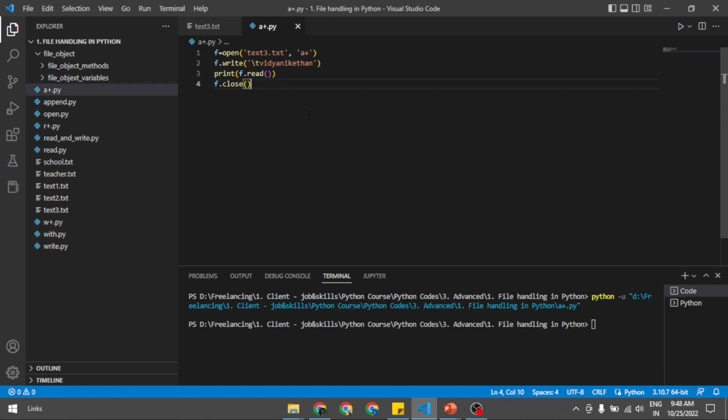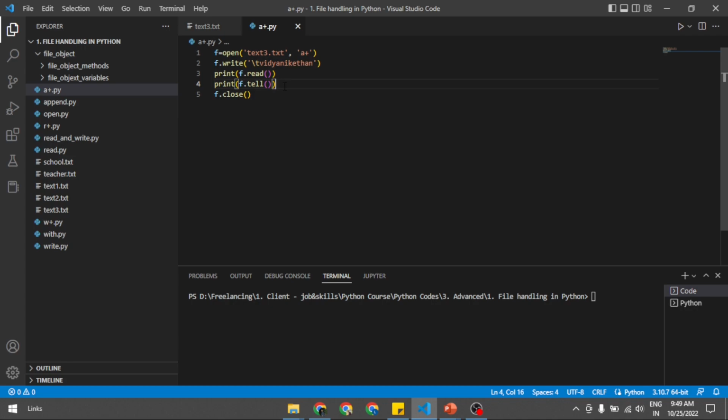But here we are not getting the data, because print f dot tell returns the position of the pointer. So in order to print the data, we can make use of seek to move its position to the first value. Then finally we can print its data, print f dot read. So when I run this,